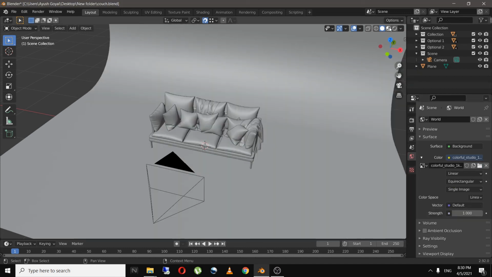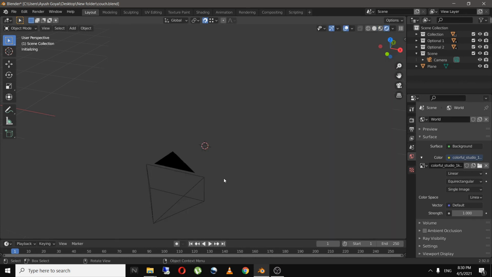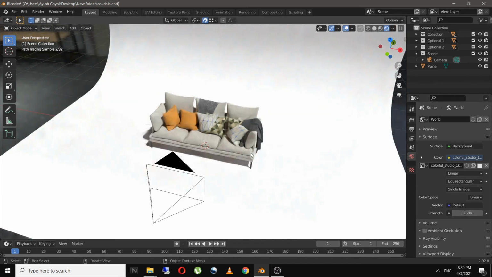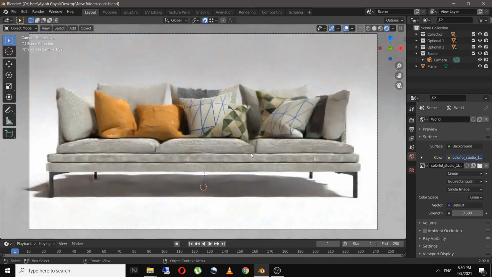And if you go to rendered view, as you can see, even if we don't have any light on our scene, the light from HDRI is reflecting all over our scene. And this is how an environment texture works.